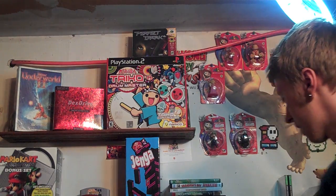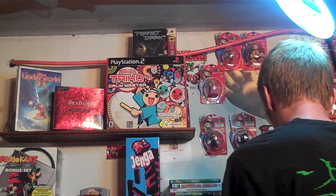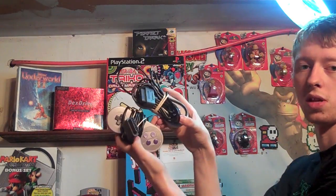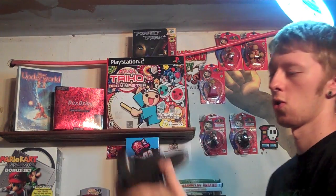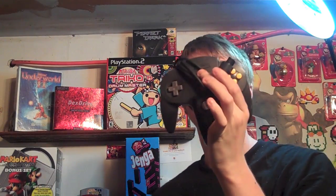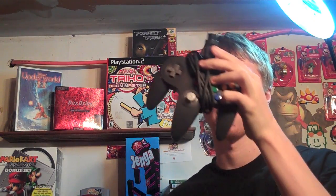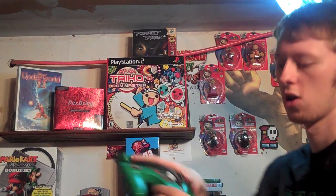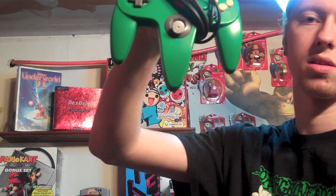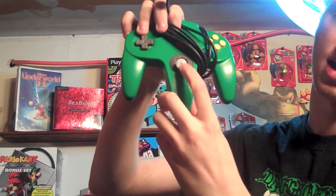And then I forgot the last thing that I got from John as part of our trade was 2 Super Nintendo controllers and 2 Nintendo 64 controllers. I needed the black one because I got the box, so I had a black controller, but it had a rip on the cord, and it still works, but I'd like to have a good one, so I got that from him. Then he threw in this green one for free because the joystick is stuck down like this,